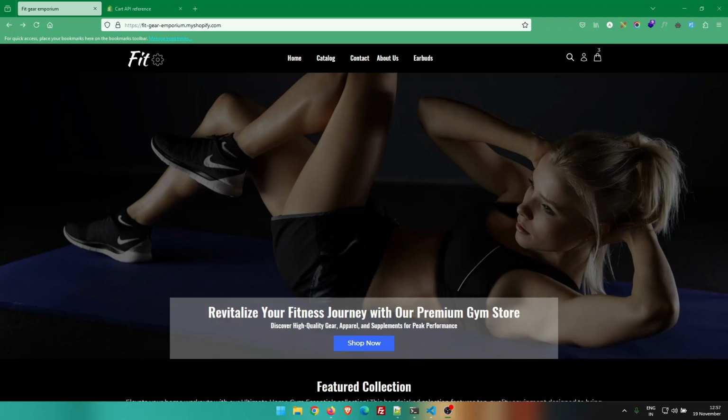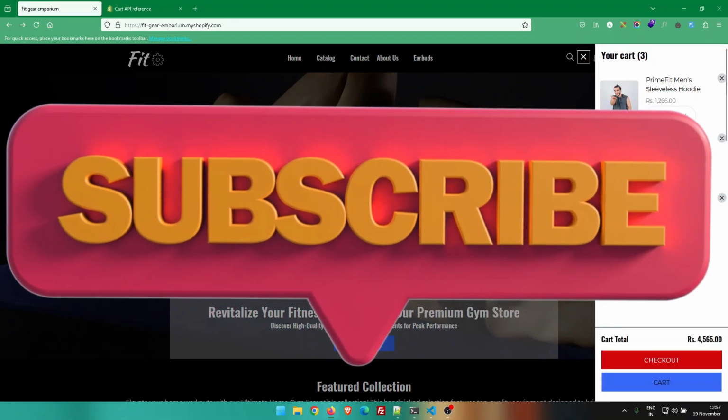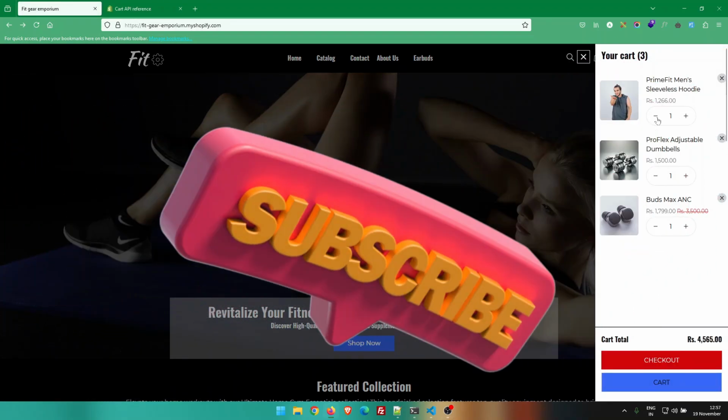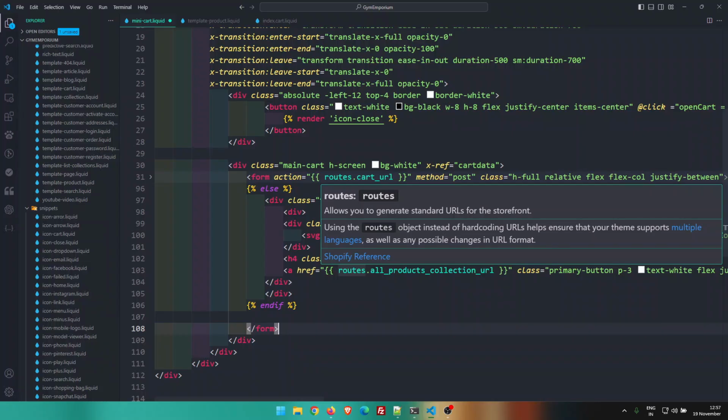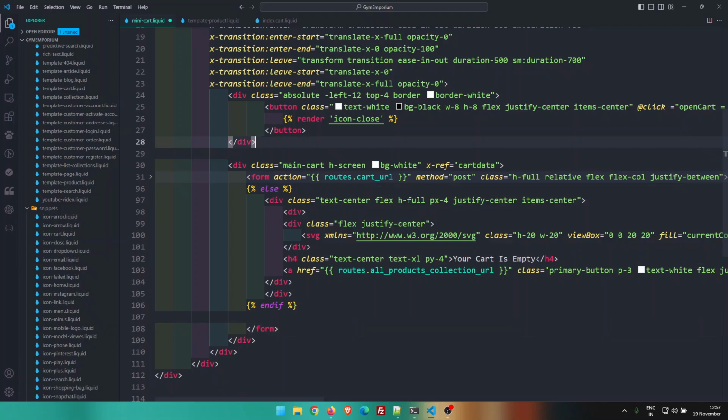In today's video, we are going to create two functionalities. First, we are going to work on increment and decrement cart item functionality. And second, we are going to create functionality to remove cart items. So let's get started. Before diving into the code, you can see that we have two different files that